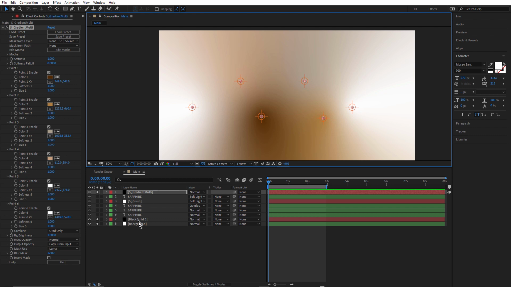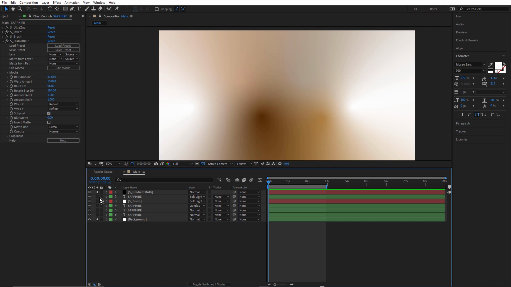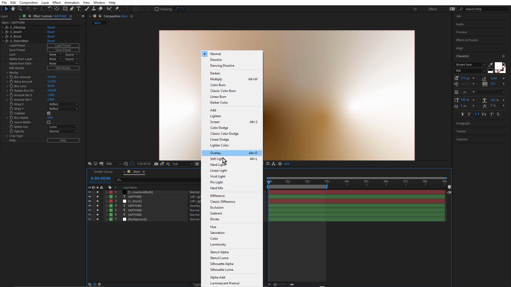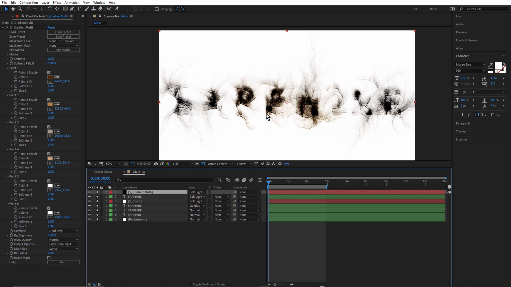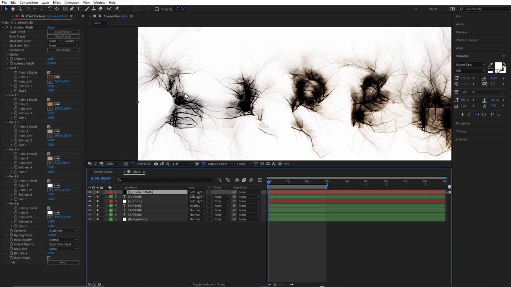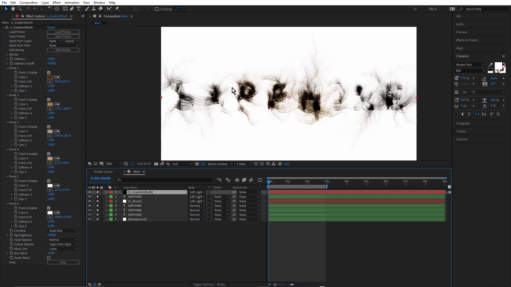Let's just delete that one. Turn these back on. I think I use soft light. Like that. So see how we're still keeping the sort of black and white at the start and the end, and we're isolating the color into the middle.